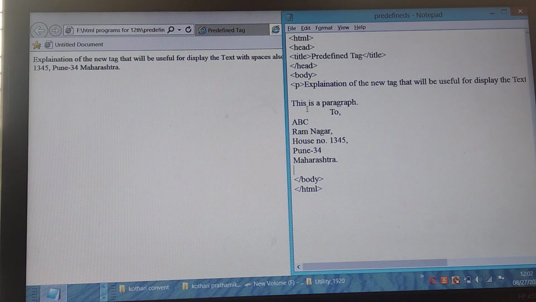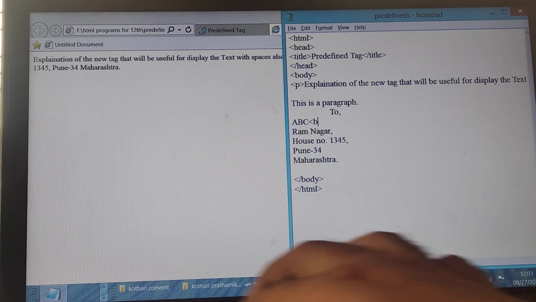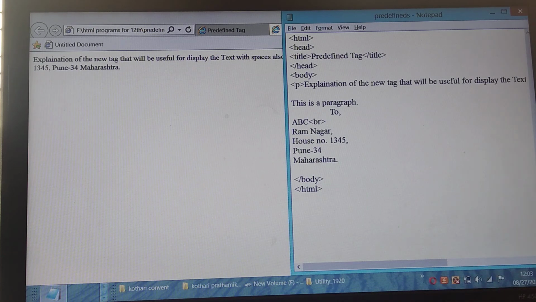So for that, use the pre tag before 2, or you can use the BR tag at the end of every line, but it will be very complicated and it will not be a proper way to show the output, but we will just try it.